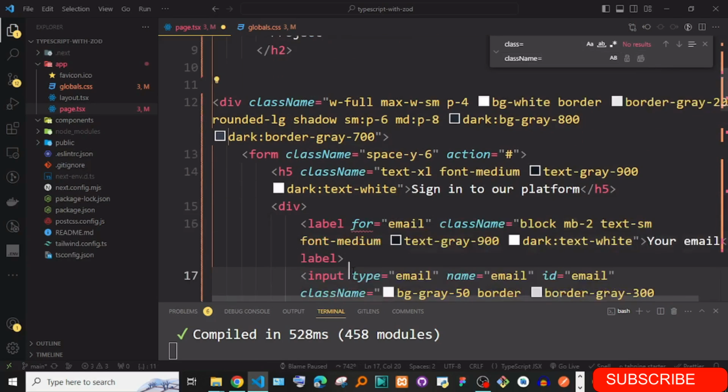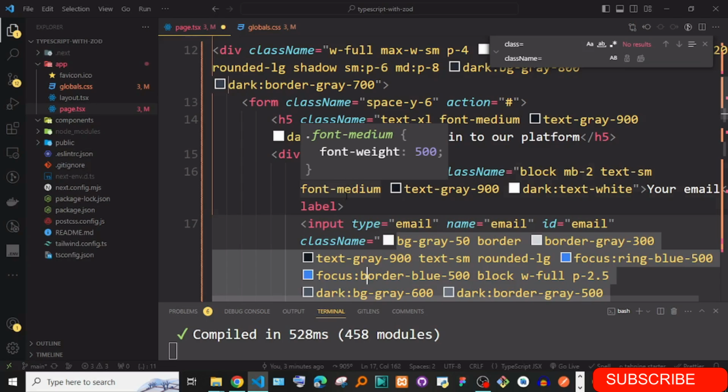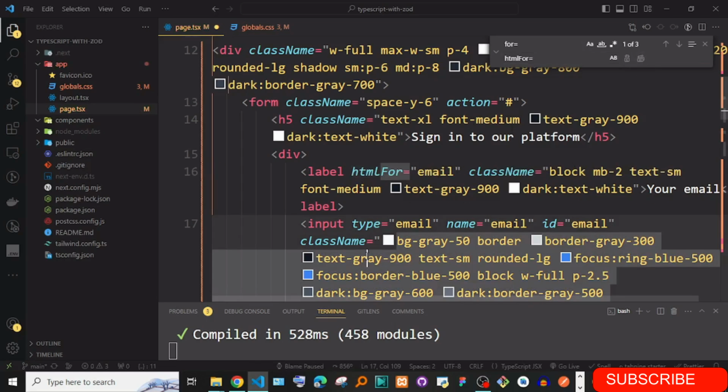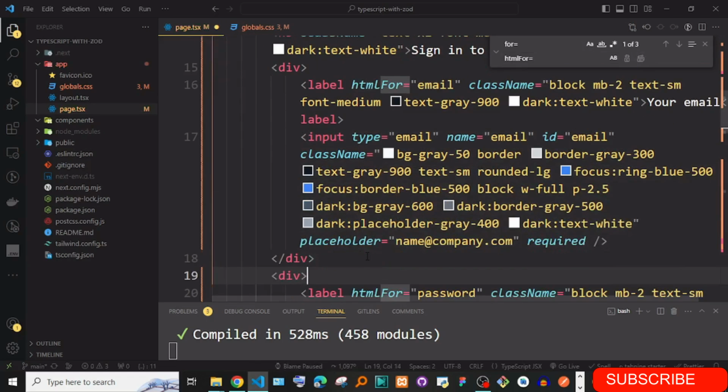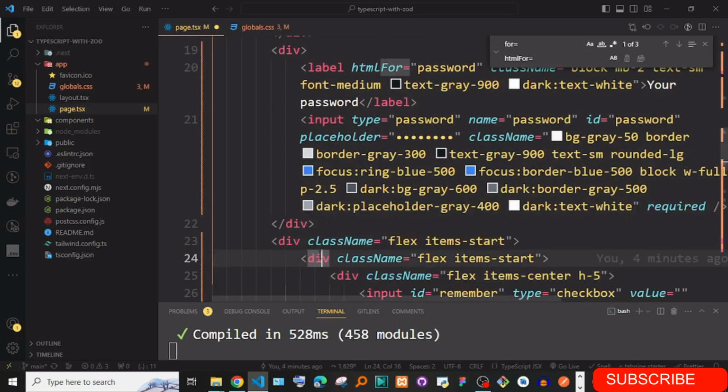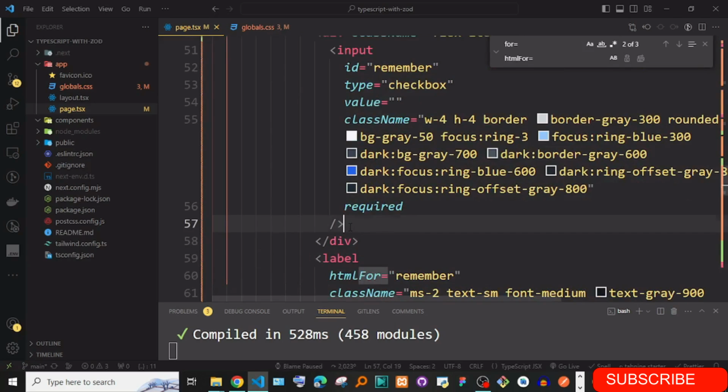Now also go to where there is for, so you can select where there is for with equal signs, Control F, and then Control H, and then replace this with htmlFor, then equal signs, then replace all. I think we don't have any more errors. If I save this,